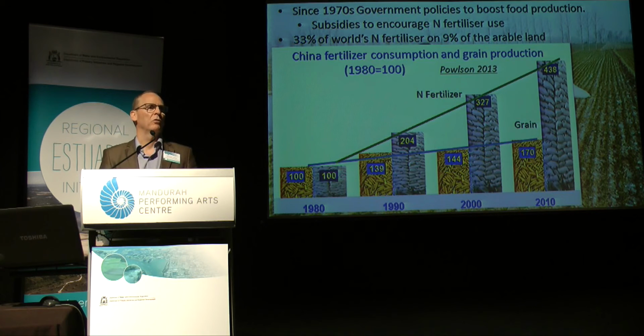As this graphic by David Paulson clearly demonstrates, the process was actually very successful. Between 1918 and 2010, we saw a 70% increase in the total amount of grain production, but this was driven by a fourfold increase in the amount of nitrogen fertiliser that was used. There are obviously a lot of other changes that were going on in China as well, not the least of which, of course, was urbanisation, which actually provided money in people's pockets to be able to buy synthetic nitrogen fertiliser and then be able to use that at a much higher rate than would normally and economically be required.